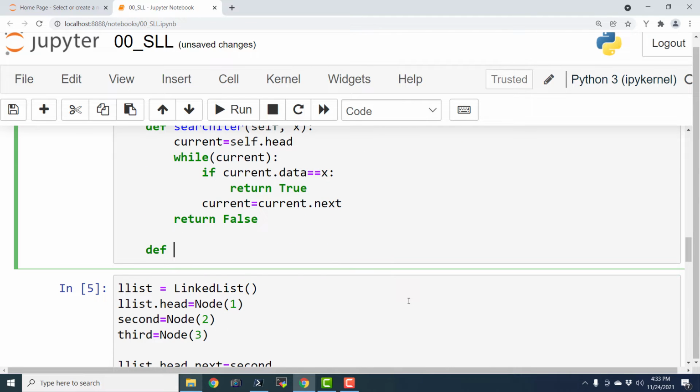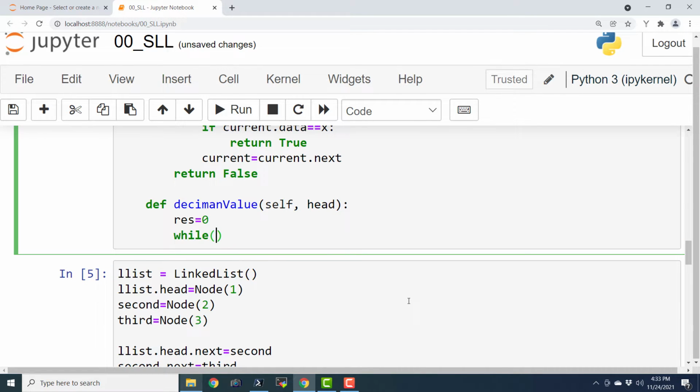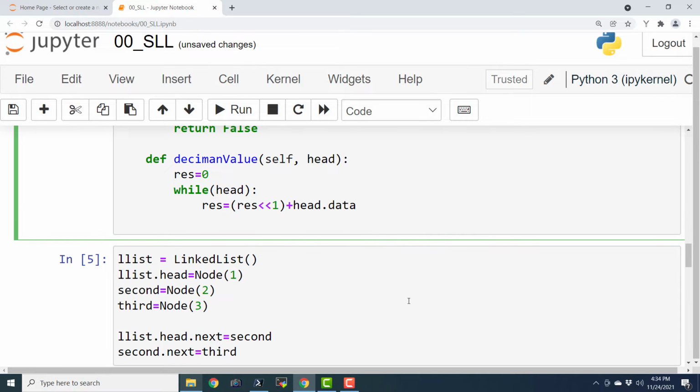So let us say def decimal value self head, res equals to 0, while head, and res equals to res times 2 plus head dot data, and head equals to head dot next.